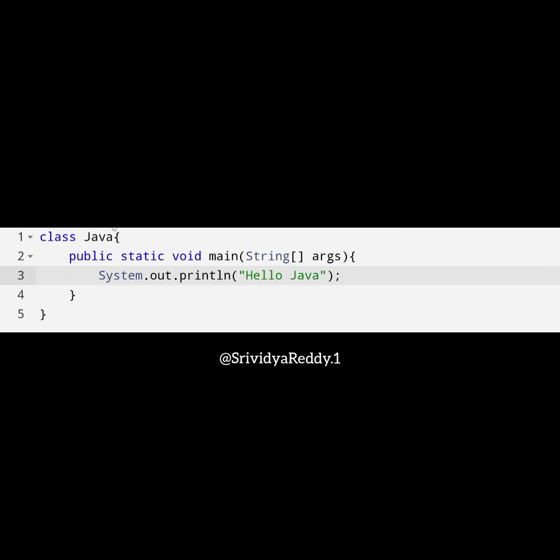I am explaining what is a main method in Java. Here I have written the class name as Java and here I have written the main method. Next I am printing the value. I am printing here hello Java, and what is public, what is static, what is void, I will explain